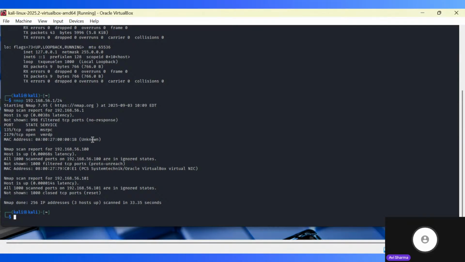So what did Nmap do here? That is something that we need to understand. We need to understand how Nmap functioned here. That is very important. You guys should know the difference between a script kiddie and a cyber security professional.